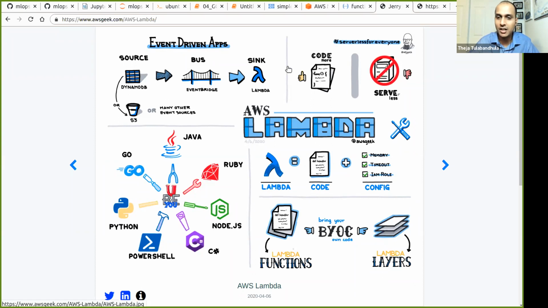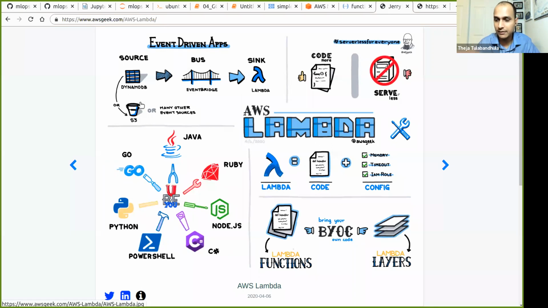So I guess let's start from the top right. As you can see, we put a no on the server, so we don't care about the server itself. We just focus on the function. There's a single script, just like Cloud Function. And here they're showing how there'll be some inputs to the Lambda function.